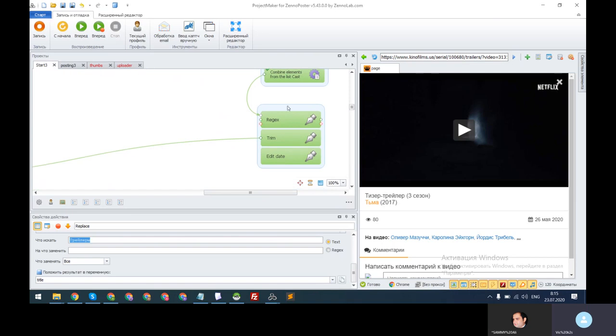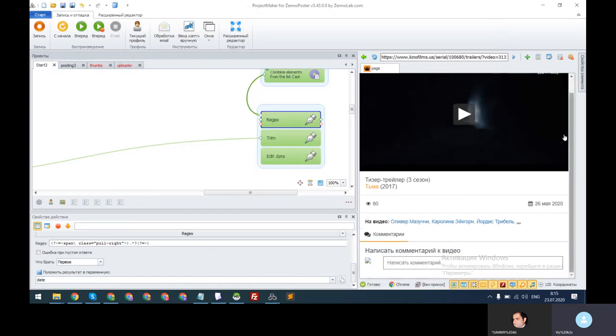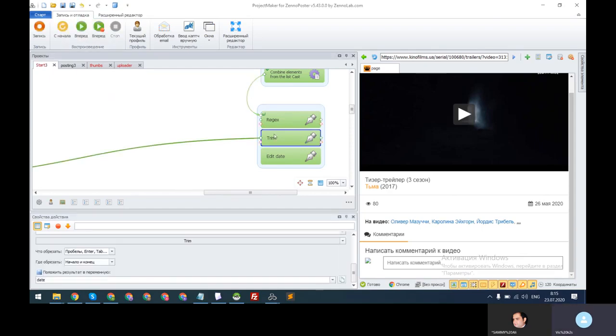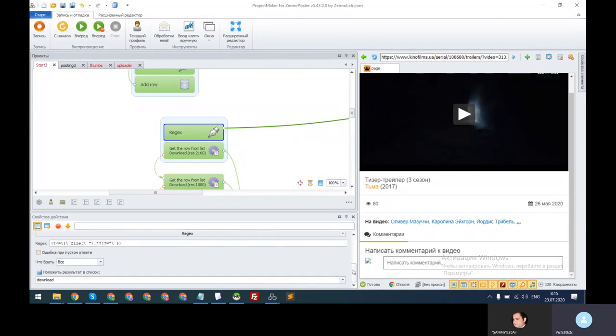Okay, so next block we're going to parse the date. We actually can parse any information from this. I just chose some stuff for your understanding. So with a similar regular expression over here, we're going to parse our date. Let's do this. Trim it from redundant elements like spaces and so on. And we go to the next